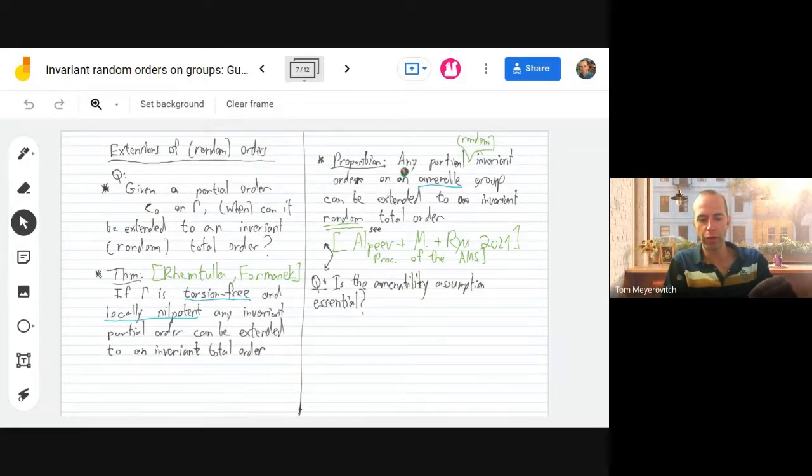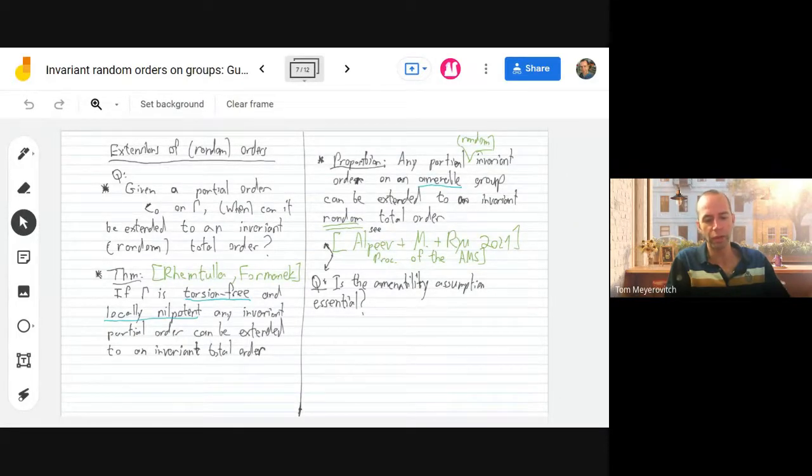The proposition says that if you have a partial invariant order, possibly random, and your group is amenable, then it can be extended to an invariant random total order. I will indicate the proof; it's more an observation. It's more or less immediate. I can indicate it for people used to the definition of amenability. Given an invariant partial order, the set of total orders extending it, which is non-empty, since you can just extend it in an arbitrary way,